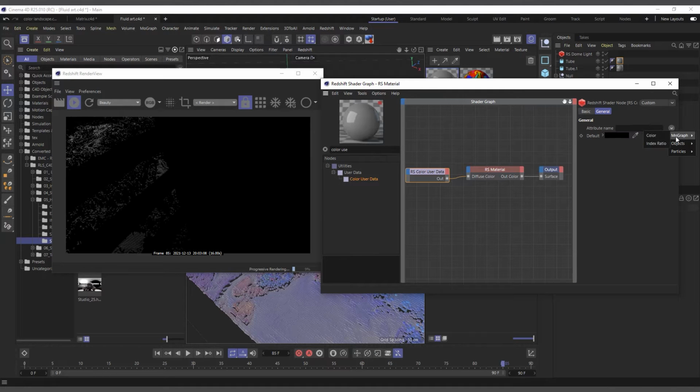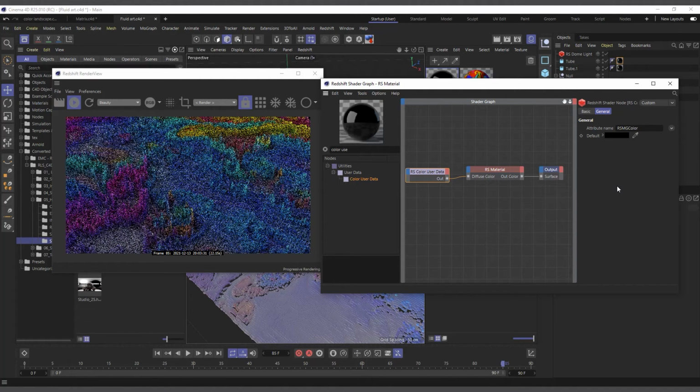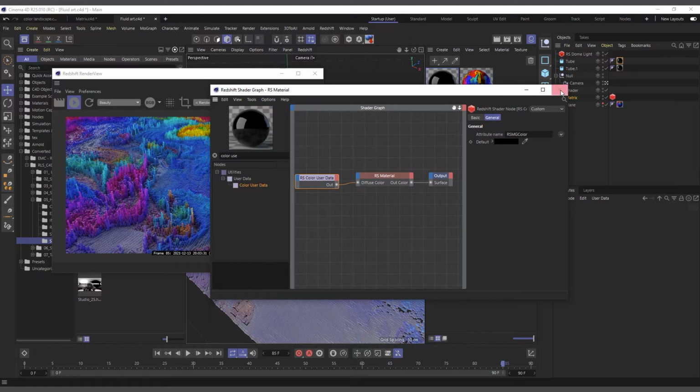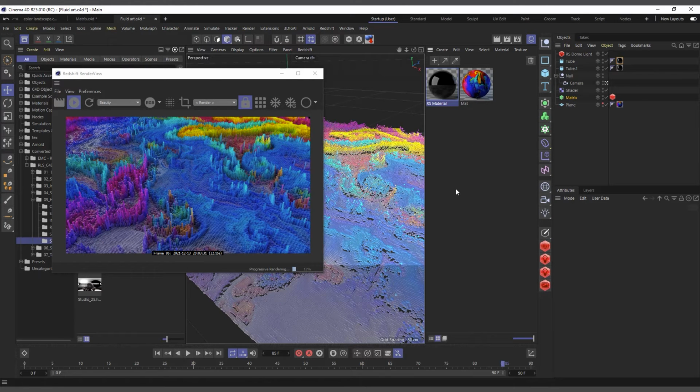We can come in here to the MoGraph, and you can choose MoGraph color, and now let's give it a bit of time. See, now it's reading our MoGraph color. You can actually go ahead and type it in yourself if you want, but now it's reading our MoGraph color. So now I can go ahead and add on top of it the reflections and other things that we want to increase. So this is how you add a material to it and get reflections and other stuff as well. I'll go ahead and hit save.